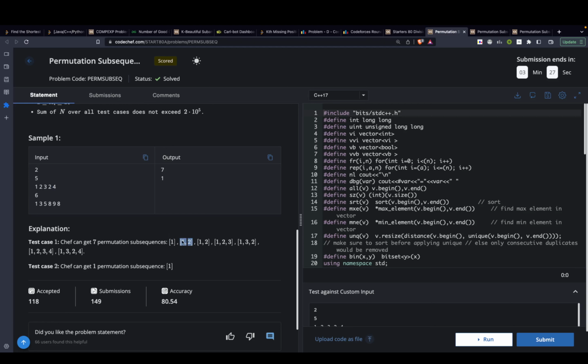Now 1 2 is a valid permutation, but they're writing 1 2 again. That is because there's a 2 over here and there's a 2 over here, so we can select any one of them, right? Then we have 1 2 3 or 1 3 2, then 1 2 3 4, 1 3 2 4. So you can select any of the elements, and if a particular element occurs more than one time, like 2 over here, both of those occurrences would be counted as different. Basically, if two indices are not equal, those are counted as two different